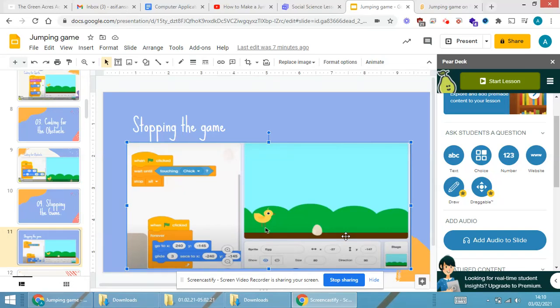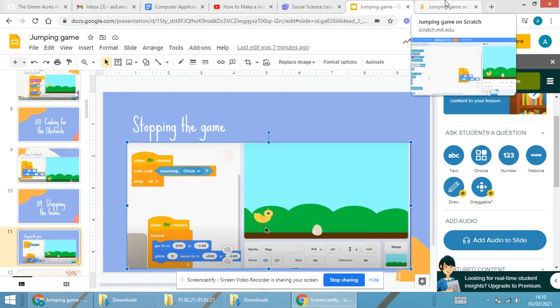Now maximum of the coding part is done for the game. We have done the coding part, we have written the script for the bird, we have written the script for the obstacle. Now, when to stop? Since we are developing a game, we have to stop somewhere. We will be stopping when the obstacle touches the bird, or the bird lands upon the obstacle. We have to stop the game.